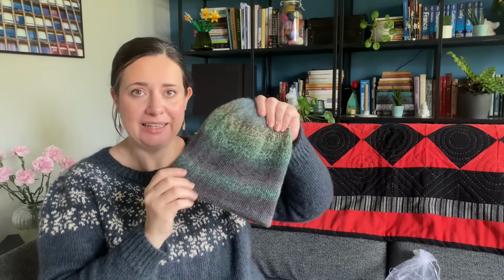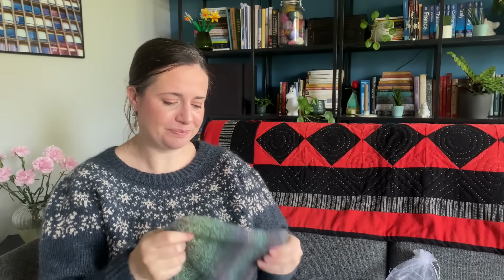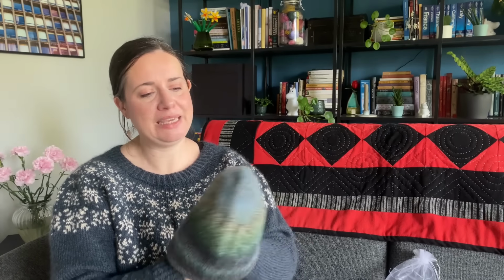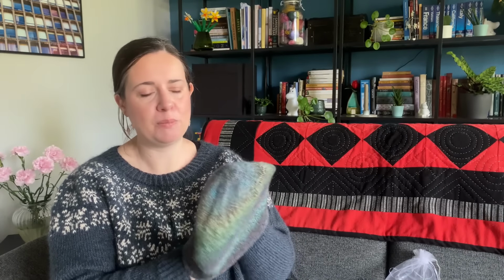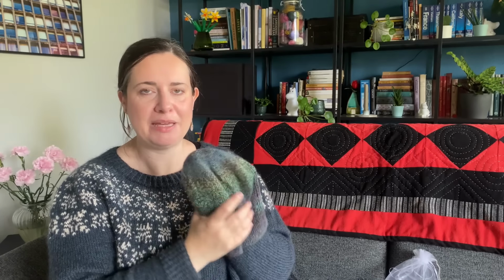My last finished object, I won't go into too much detail about. I've shown it to you before. Another gift knit, another Musselburgh for another nephew. This one was made using the leftovers from a shawl I made for my partner earlier on this year. I made him a botanic shawl,